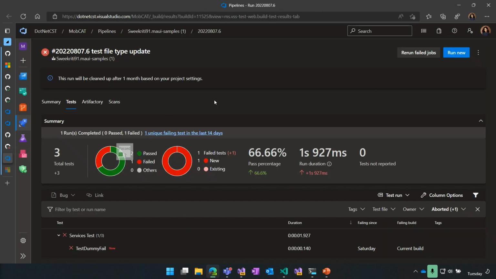On Azure Pipelines, this must look pretty familiar to everyone. If you've been doing a lot of unit testing in Azure DevOps, it's the test summary tab. It's come up here, and this is the name I put in, my services test. You can see it's pulled in the test failure and shows how many tests pass and how many fail. This is familiar to people who've been using Azure DevOps. You can hook it up the same way. So my build summary is here, and my tests are in here. Now we've not only run and built our tests, but we also have them publishing as part of our DevOps pipeline in the summary.